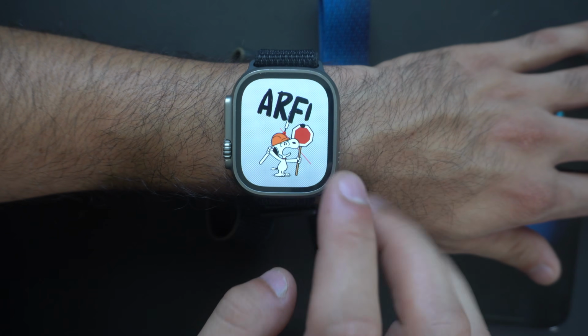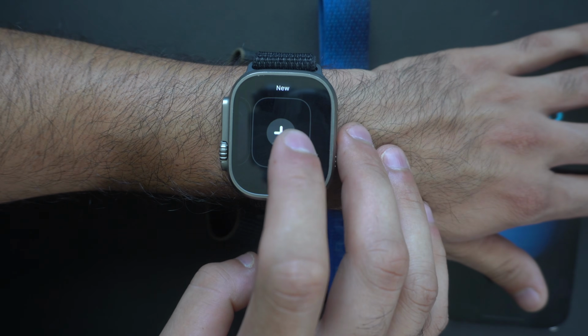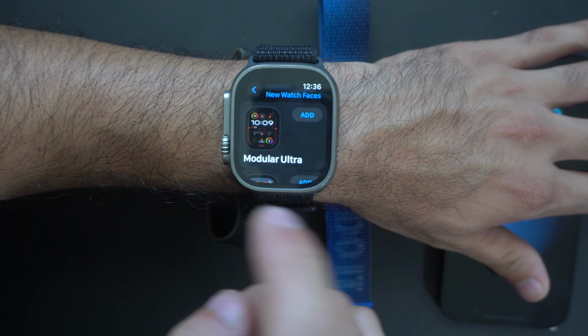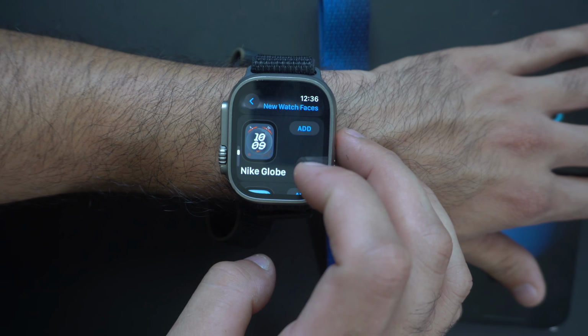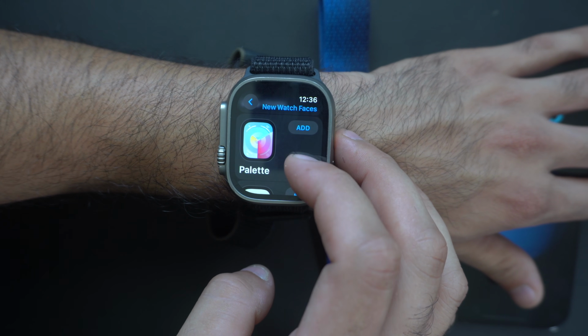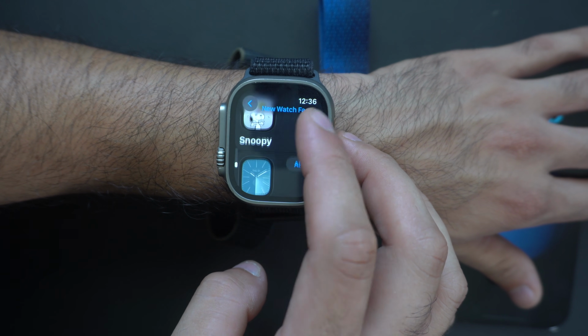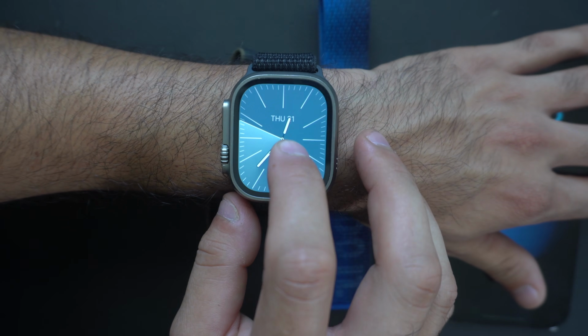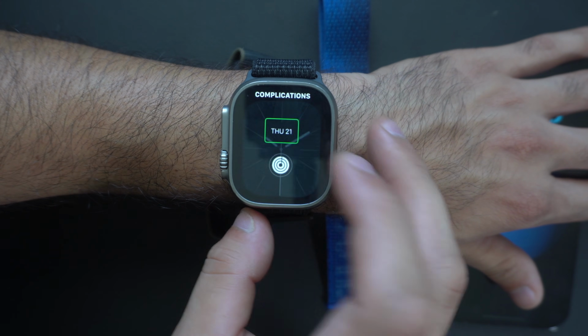Now back on our Apple Watches, you go all the way to the very right, and the new watch faces got added. If you have an Apple Watch Ultra, we did receive Modular Ultra for the first generation Apple Watch Ultra, the Nike Globe, Palette, Snoopy, Solar Analog. And then if we add the Solar Analog, if you go on edit and you swipe to complication,